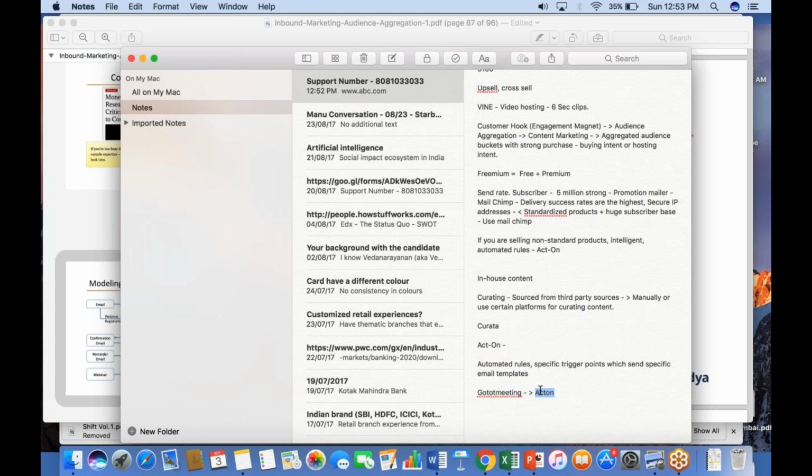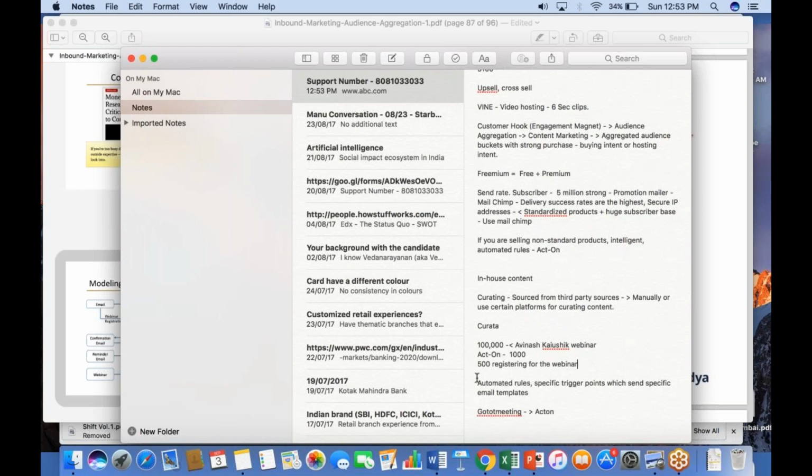So what we used to do at Simply Learn, and what Digital Vidya is doing as well, is switch off all notifications from GoToMeeting and make GoToMeeting pass the information to Acton. Let's say the whole digital marketing lead database is 100,000 strong, and the outreach has gone to all 100,000 saying there is this Avinash Kaushik webinar. Out of this 100,000, maybe 1,000 people click on the call to action, and some 500 people end up registering for the webinar.